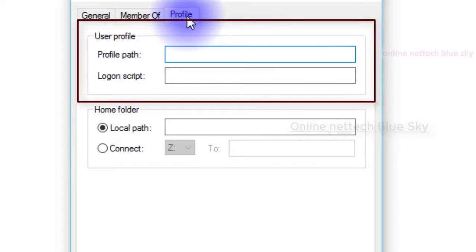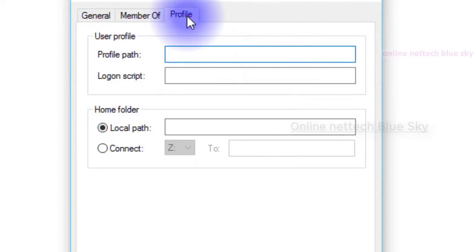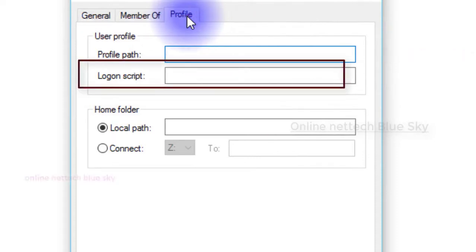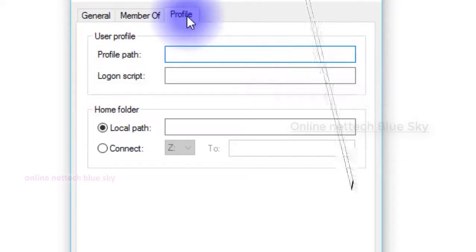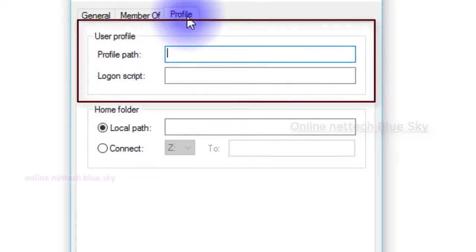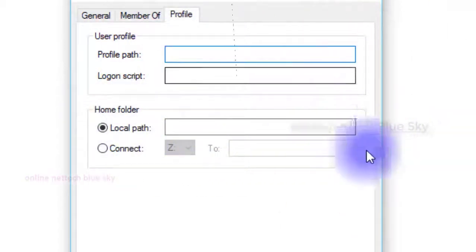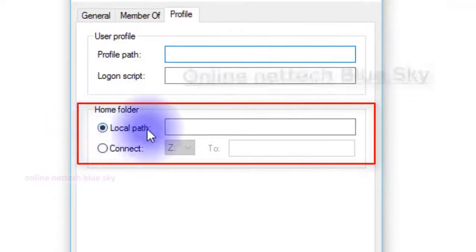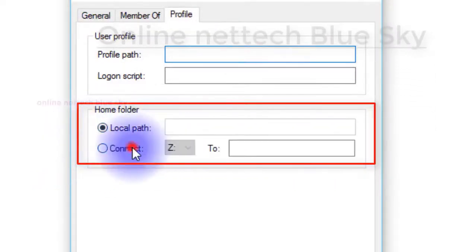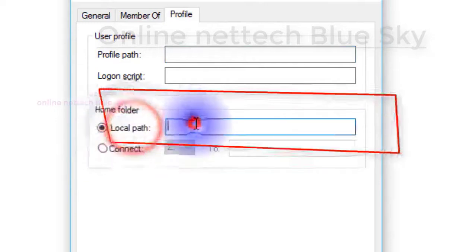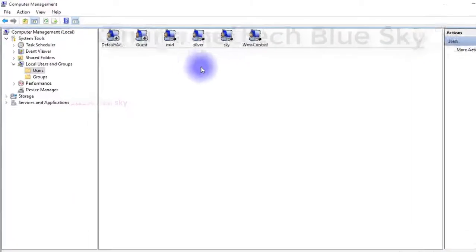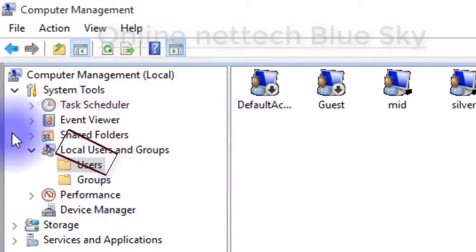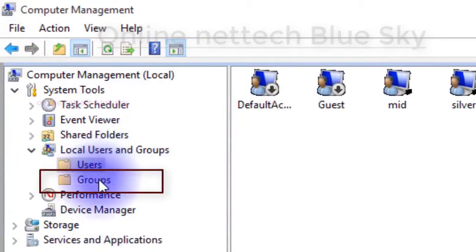So inside the profile there are different tabs, your employee, your login script using here. So you create different types of scripting files, programming files here. So give the logon scripting path here, and home folder maybe sometimes using, you create a different type of local folder and local files. So you can add here, and click on, you create what is a group.